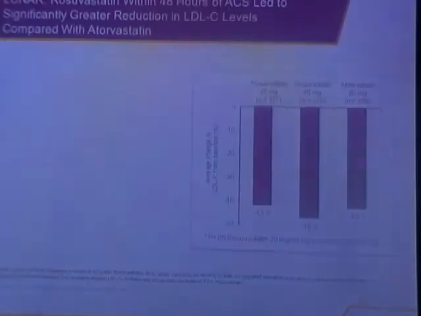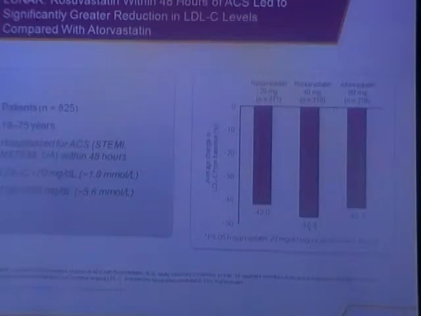You have to give a higher dose, and what is recommended is that if the patient cannot take a higher dose for longer periods, you give it for at least a month to 3 months and then maintain them on half the dose. So you can give 80 milligrams of atorvastatin or 40 milligrams of rosuvastatin for 3 months and then bring it down to 40 or 20, depending on the agent we are using. This is one of the trials, the LUNAR trial, in which rosuvastatin was given within 48 hours of acute coronary syndrome, which led to a greater reduction in LDL cholesterol levels compared with atorvastatin.